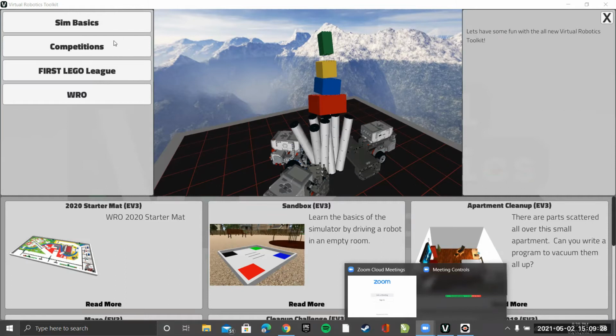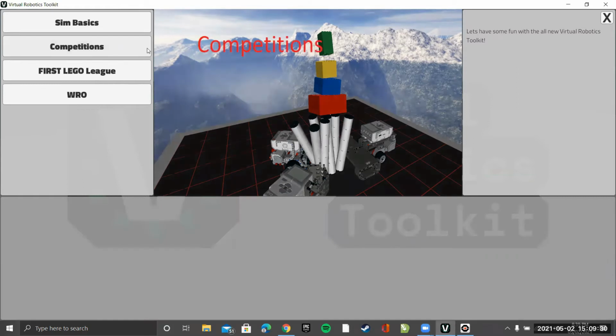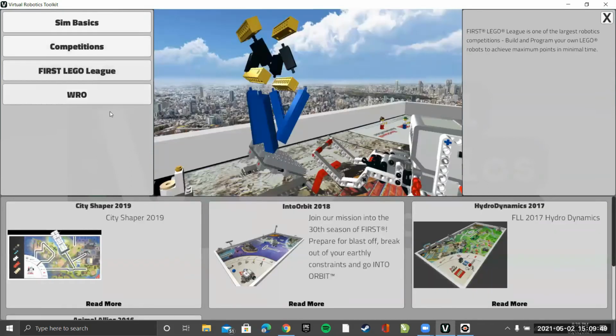You have the Competitions tab. Now, since we have not registered for any competitions through the Virtual Robotics Toolkit, that is, it's called the VRT as short form, you will not see any environment listed here. Then I am sure many of you must have heard about the First Lego League and the